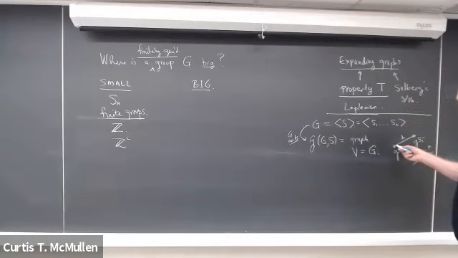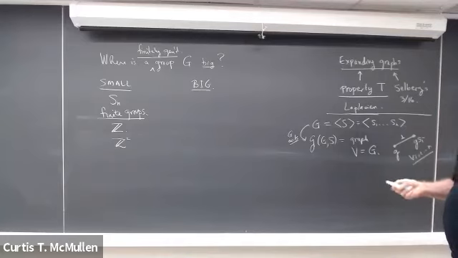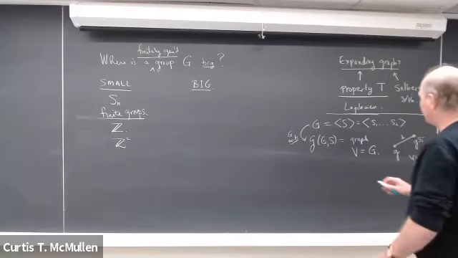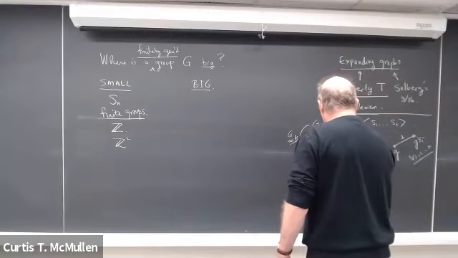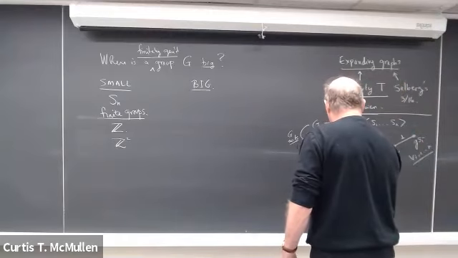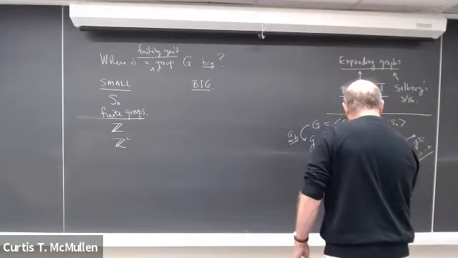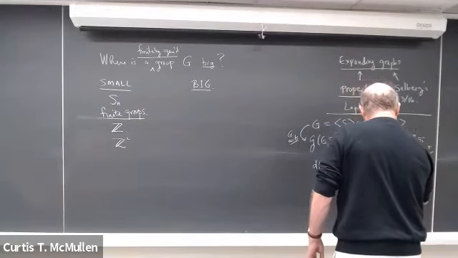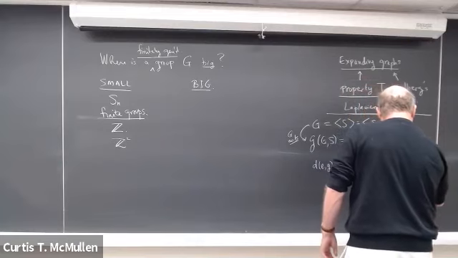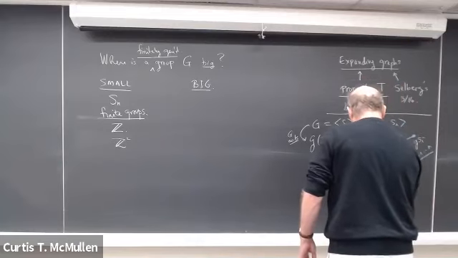It's the shortest word in the generators that expresses the given element. It's the length of the shortest word. So the distance from the identity to an element g is the length of the shortest word in our generators